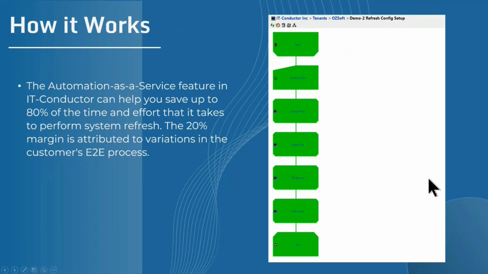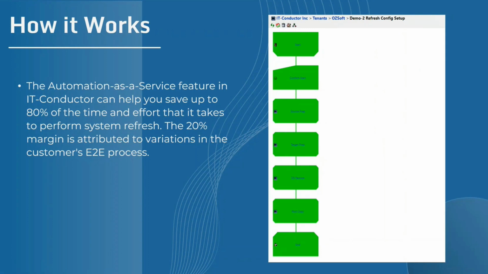So how it works, and I will step through this fairly quickly, and then I actually have a live environment that I can show you in detail. But let's give you an overview of how all of this works. So automation as a service, really we can set up the configuration of the workflow. Out of the box, we can take what we have, clone it for your particular environment, and then customize the differences where you might have a particular database, a different technology,